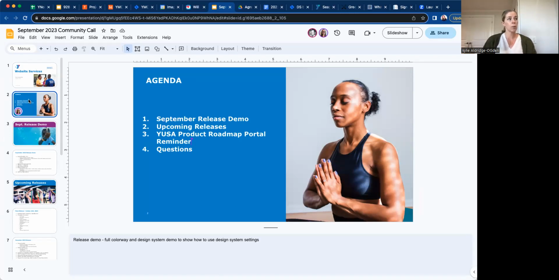Outside of that, we're going to talk about some upcoming releases, just a couple of reminders about the portal and how you can get your ideas in. We want to ensure that we are supporting you in the best possible way and that those are coming. And then we have some exciting news about some upcoming point releases here in October, and then we'll move into any questions you have. But again, as always, feel free to ask them as we go. So at that, I'm going to stop the screen share